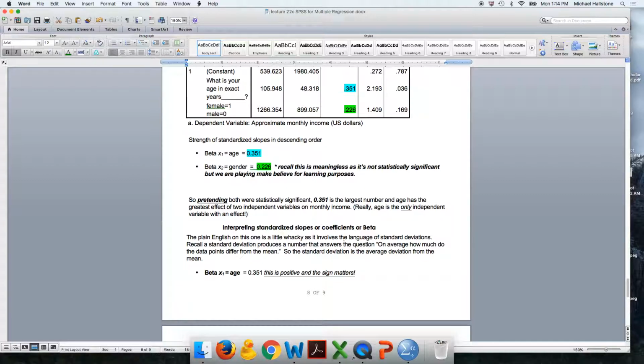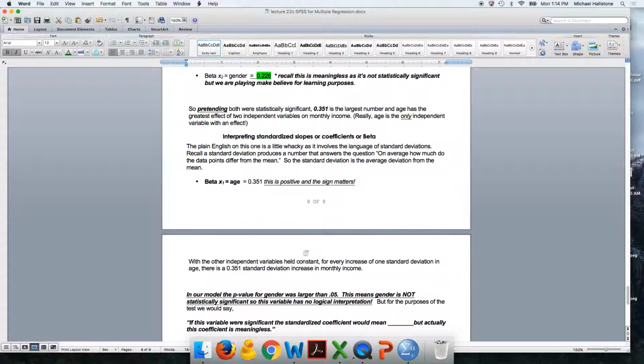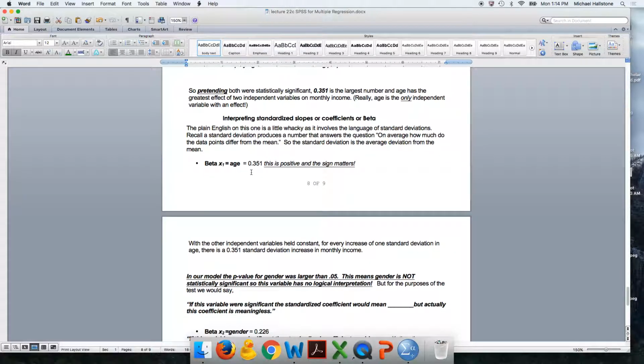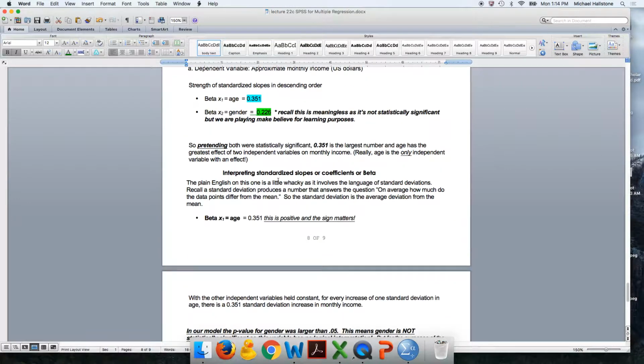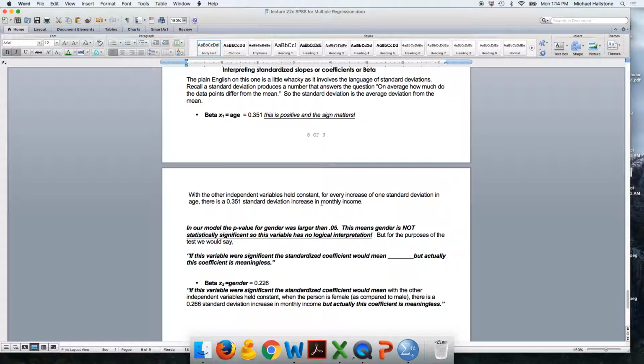interpreting the standardized slopes or coefficients, or beta, is kind of wacky because it uses the language of standard deviations. Remember, a standard deviation is nothing more than, on average, how much do all these data points differ from the mean? Okay, so if I ask you to interpret one of these on the exam, let's use age, because it is actually meaningful, because it's statistically significant. The sign is important here. Notice that there's no minus sign up there, so that's important. It's a positive, so that means it has a positive effect on income. Okay,